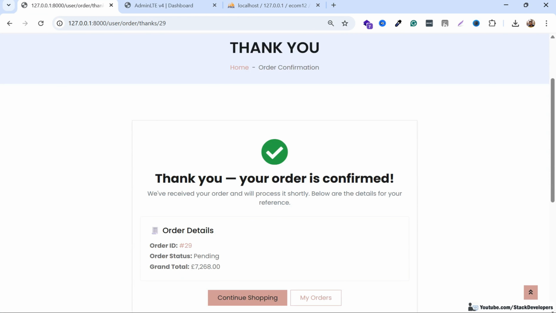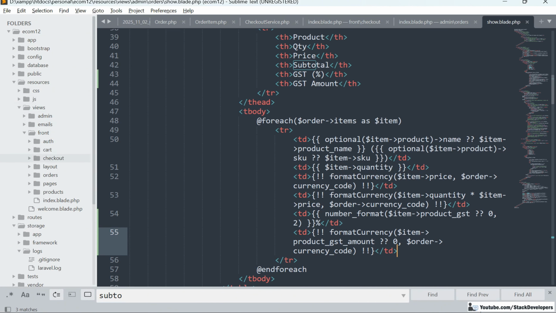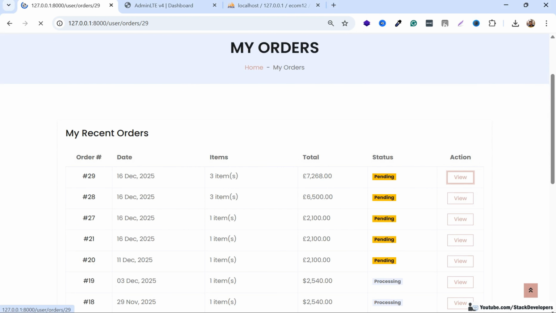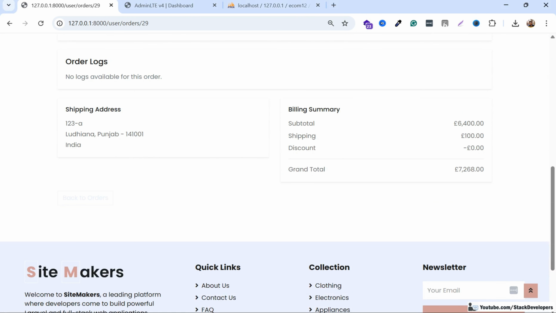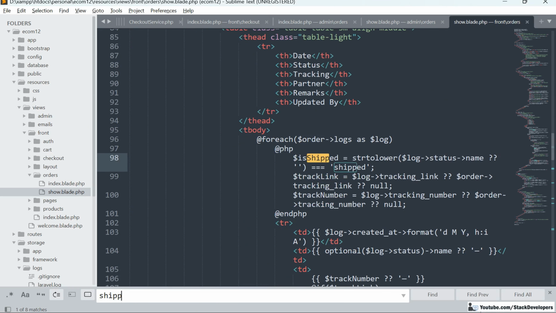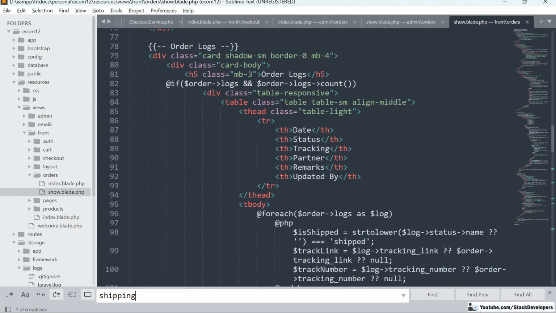Okay, at the front end, if we will go to the my orders, this page also I'm going to open. Admin I'm going to close, and front orders show. Inside show I'm going to open this one, and here simply we are going to show here after shipping, just total we are going to show here. After shipping we are going to show